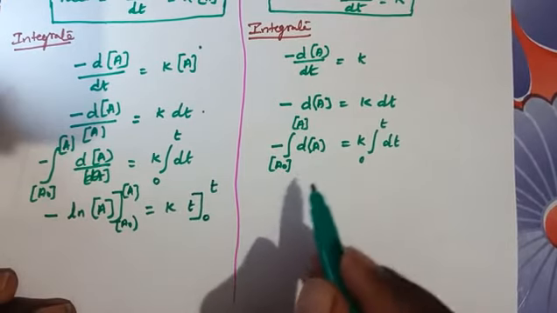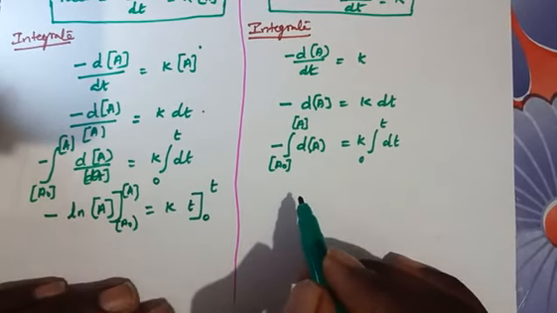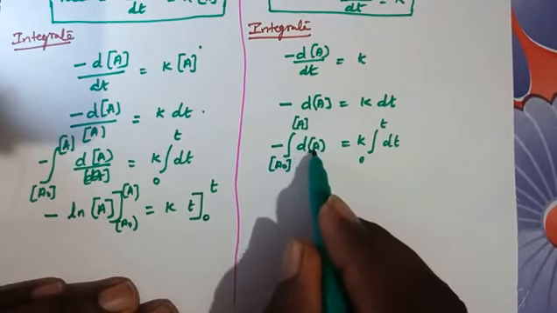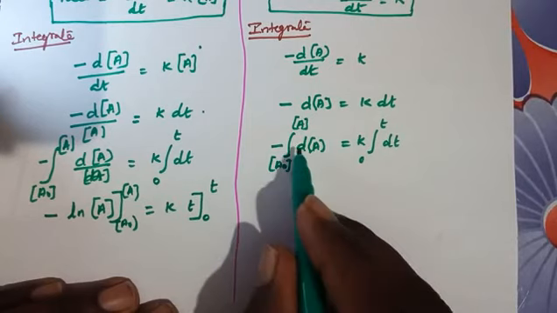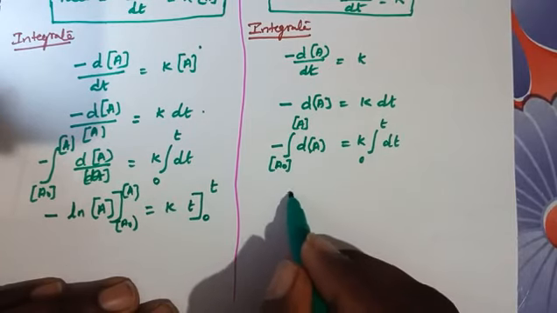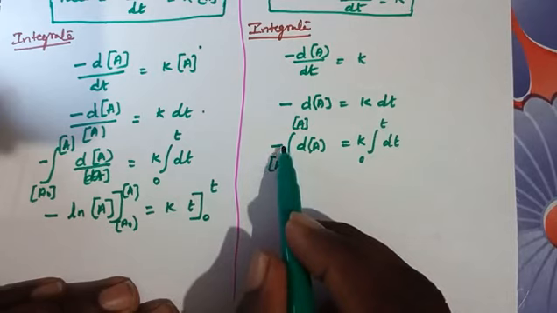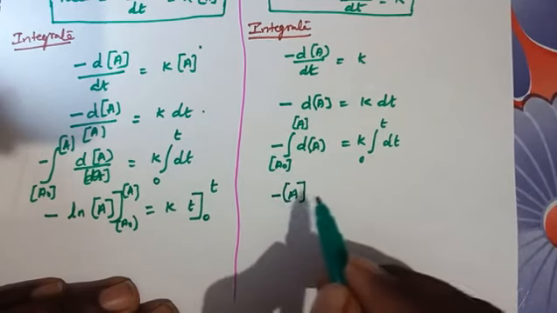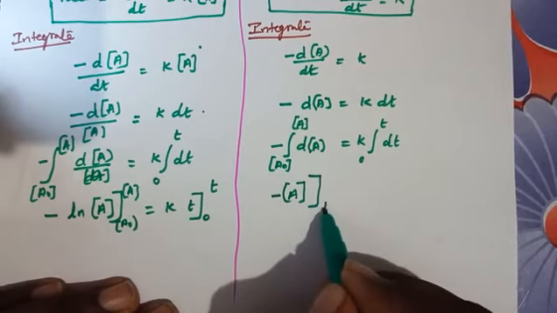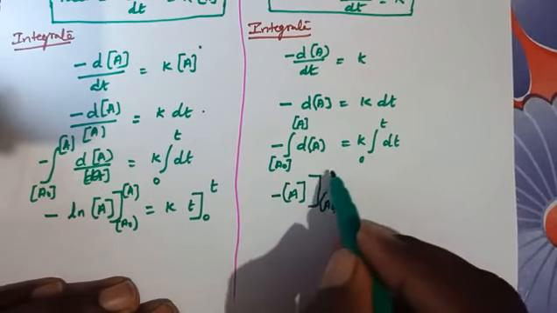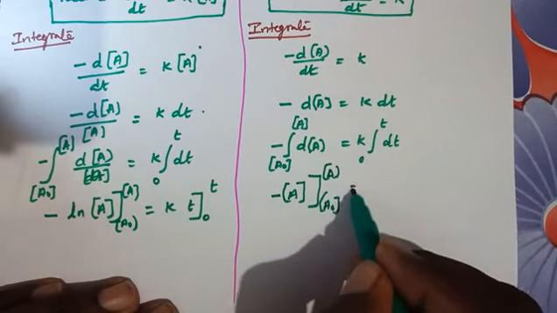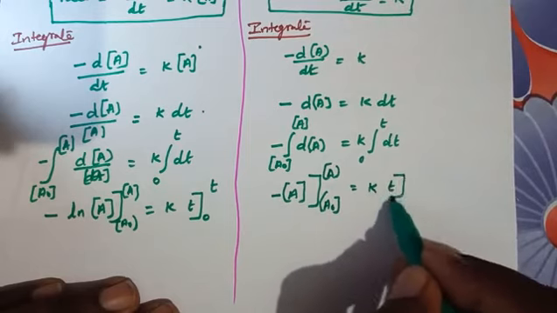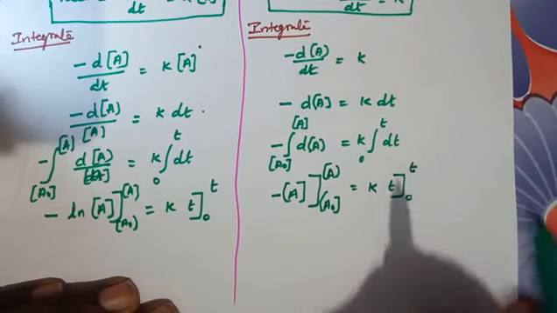In the same way, for the zeroth order reaction, the integration of dx is equal to x. So the integration of dA is equal to A concentration minus, with the minus present before the equation, so minus concentration of A. Limit values are initially A0 and final A concentration, which is equal to K into t, 0 to t.